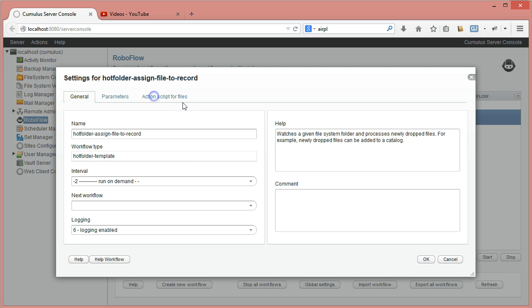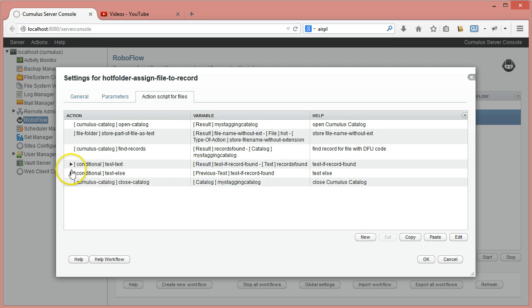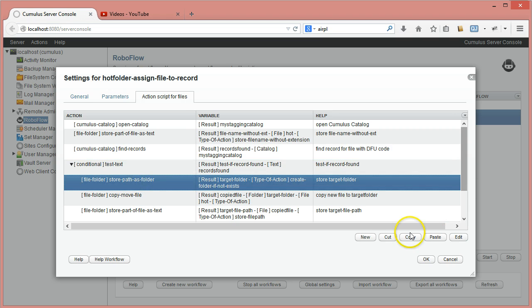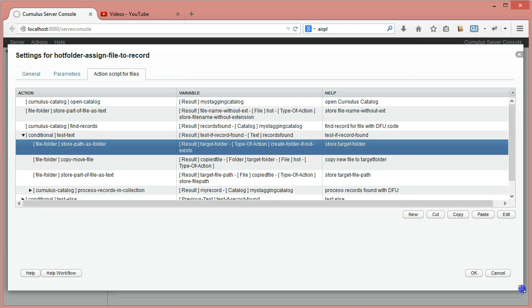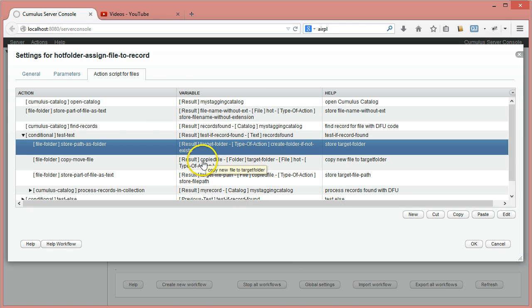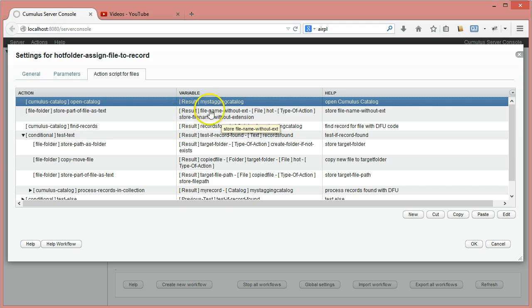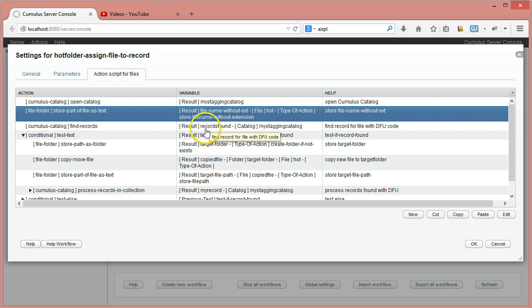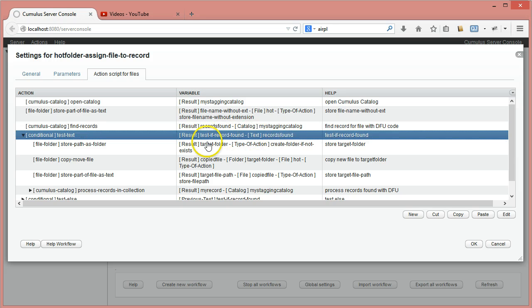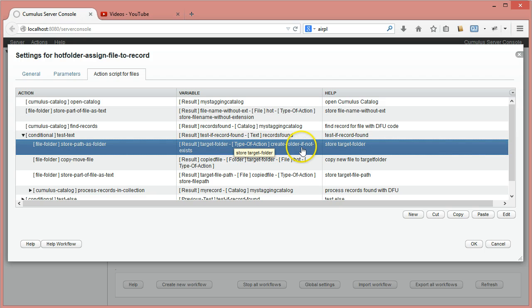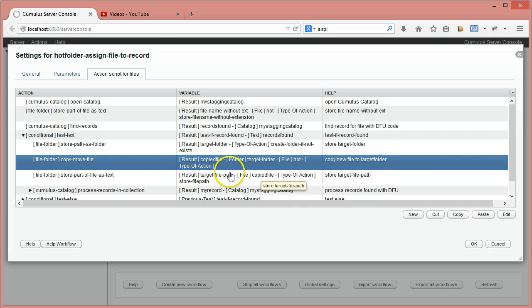So this existing workflow, once it has processed and cataloged the files, which we do in this step. Let me make this a little bit bigger, like that. Here in this workflow, it opens the catalog, it stores the file name without extension, it does a find for any records with that particular DFU code equal to the name without extension, and if the record is found, it stores the path to the target folder it wants to copy the file to. It copies the file and then